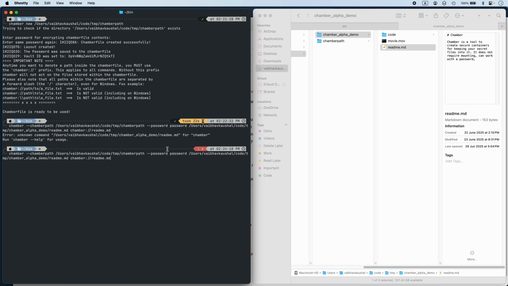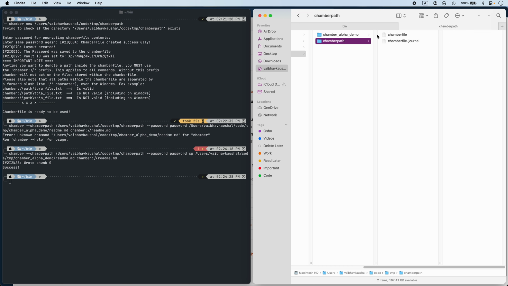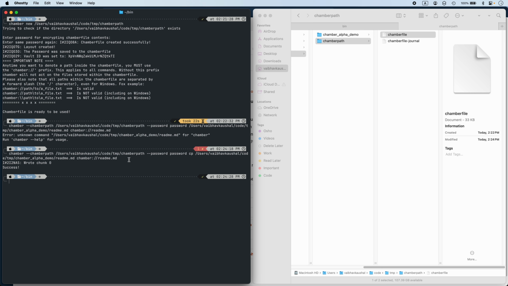Unknown command. Oh, sorry, I haven't specified cp. I have to say cp here. Press enter, root chunk 0, that's it. And chamber path, this chamber file is at 33 KB right now. Lovely. Now, you don't have to specify your entire chamber path and your password every single time you're trying to